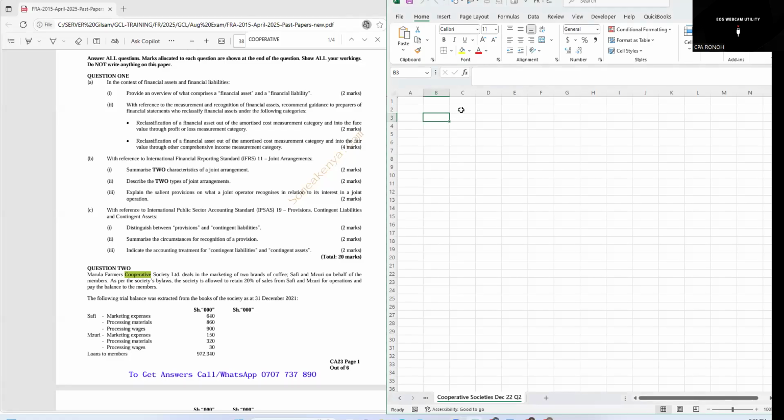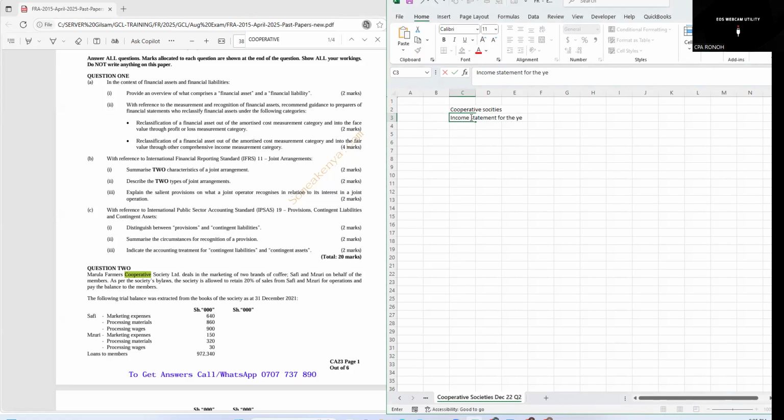The cooperative societies. So before we look at the questions, maybe we can have a preview format of the cooperative society. So just write the cooperative societies, income statement